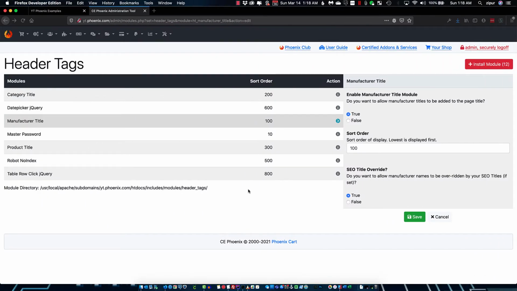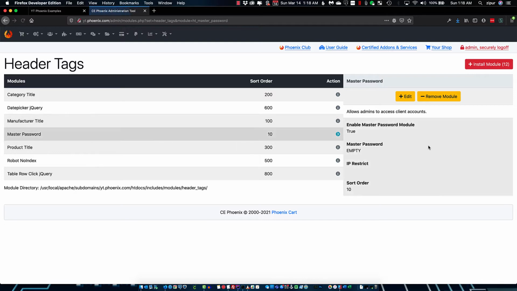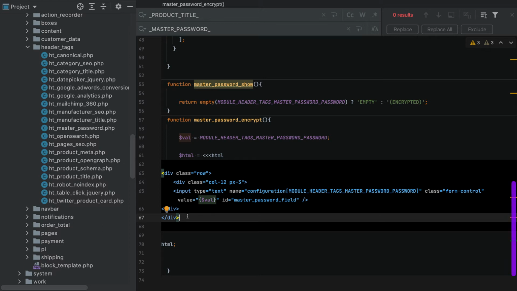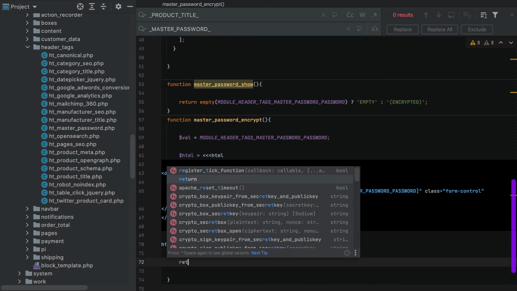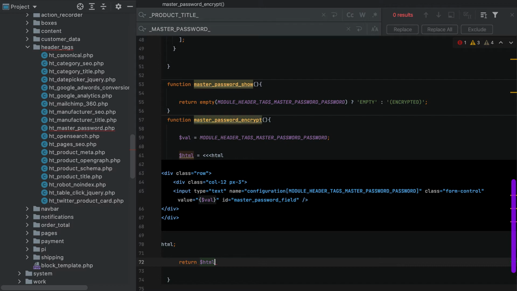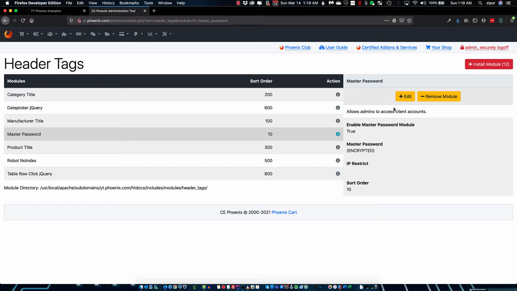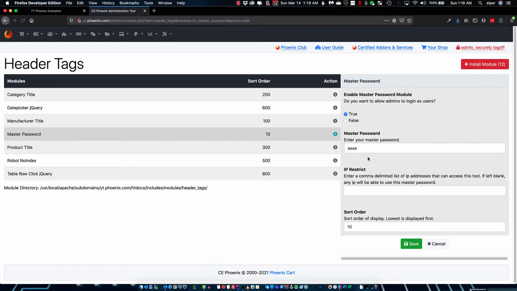So now if we were to refresh, we still don't have the master password there, and that's because I have forgotten to return our HTML to the method. So if I refresh now, we have our master password in there. So if I was to save this, it says encrypted now because it's no longer empty. If I edit it, it just says AAA. It's still not encrypted. Our logic thinks that it should be by now, but we still have to get there. So I can change this,